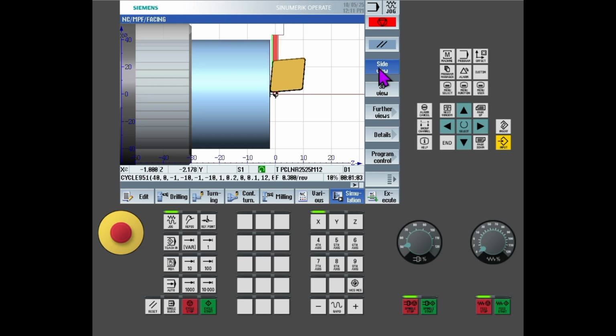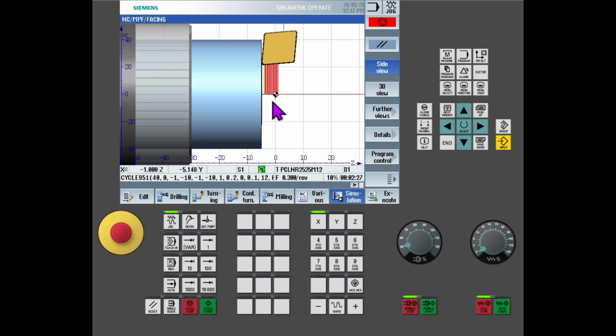Since we have given 0.2, in one pass it is taking 0.2, then retracting up to the safety distance we have given, and then again taking 0.2. In this way in each cycle it is removing 0.2,